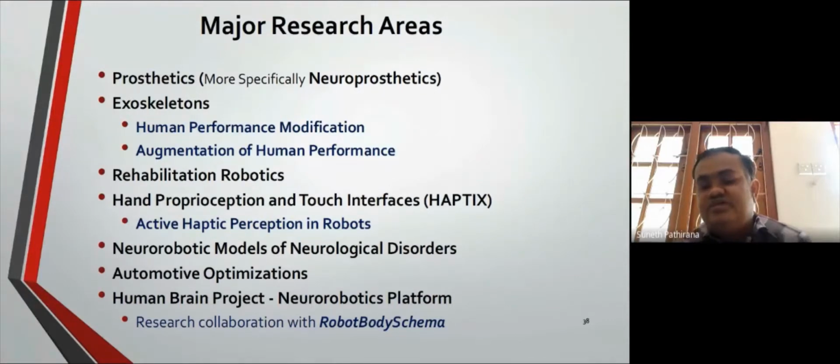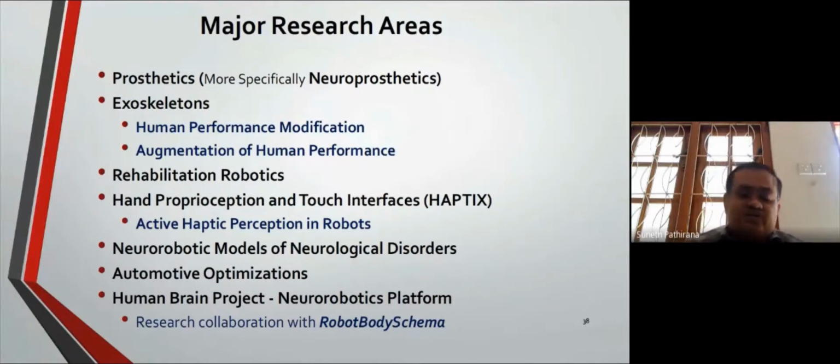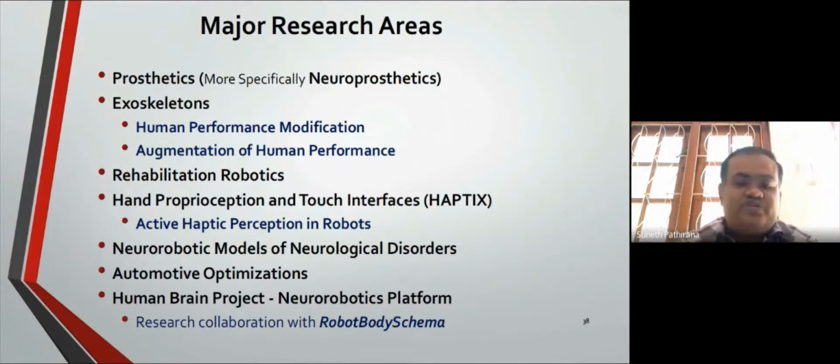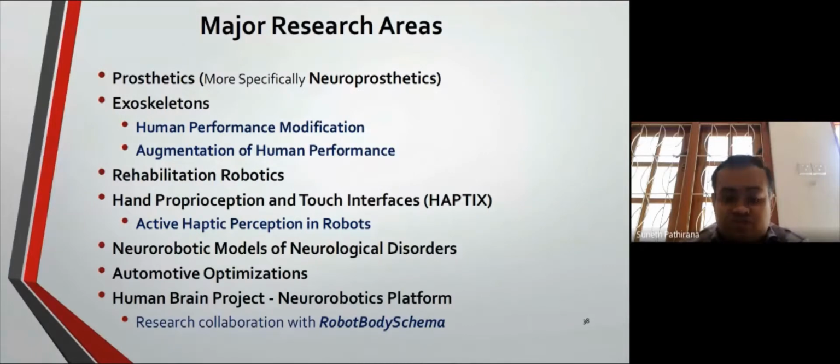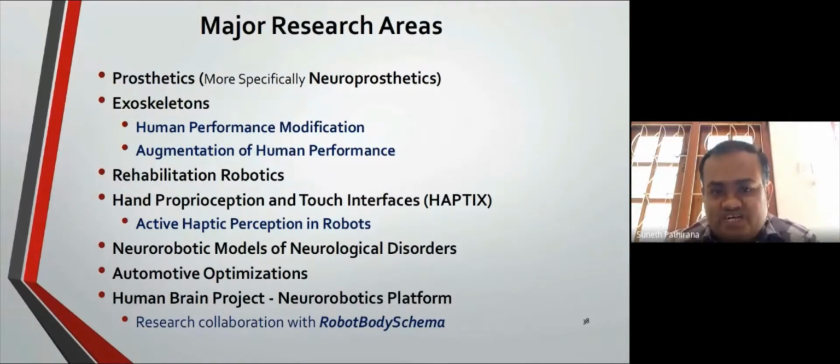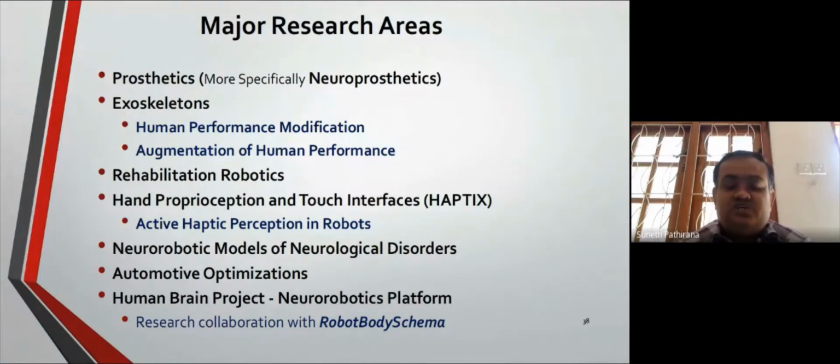We have the biological mechanism, so if any malfunctioning occurs, we can use these neurorobotic models for further studies. And automotive optimizations, that means developing better semi-automatic automobiles or vehicles. For that also we need this subject called neurorobotics. And there are special projects going on, like the Human Brain Project with a neurorobotic platform,